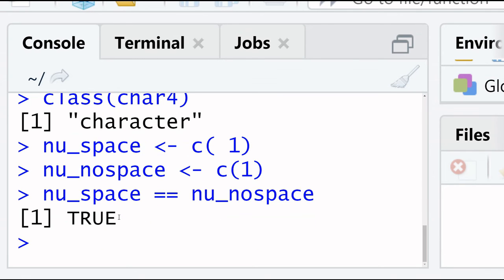Enter. True. So this is true. It means it does not matter to produce space in numeric form.